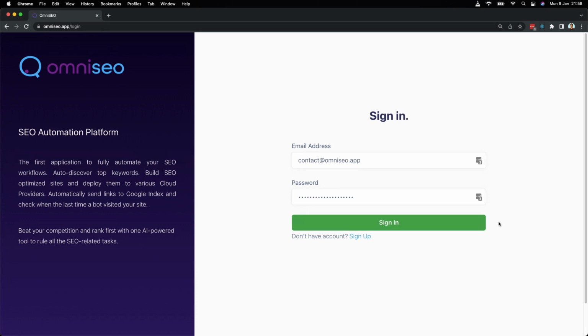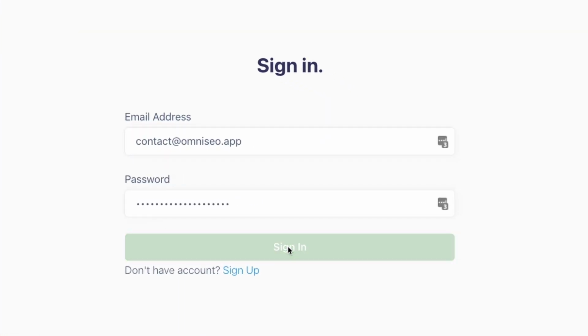Hi, in this video I'm going to show you how to use OmniSEO bot detection feature, how to add websites, define redirect behavior for bots and humans, and also how to integrate the detection API with your custom website or CMS system such as WordPress. Let's get started. As a first step, we're going to sign in,